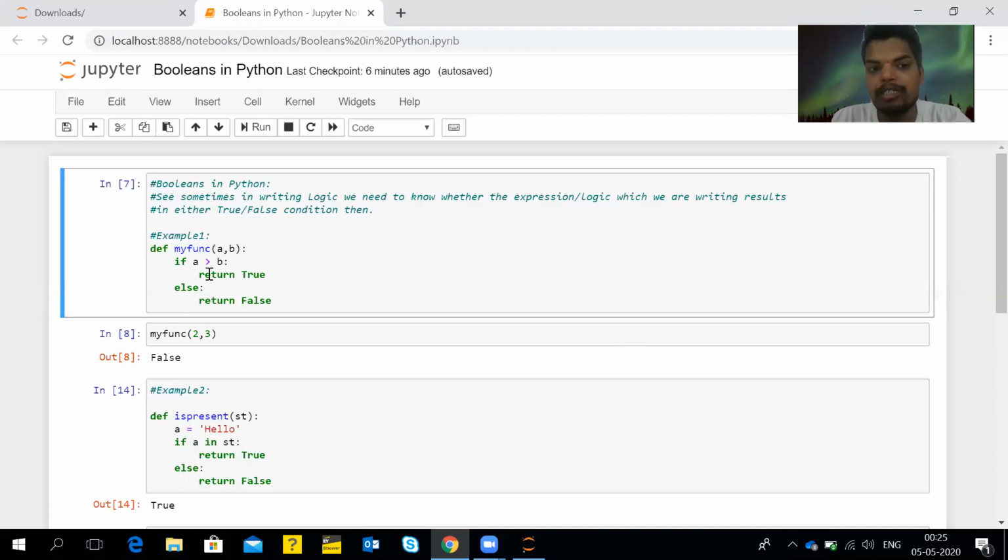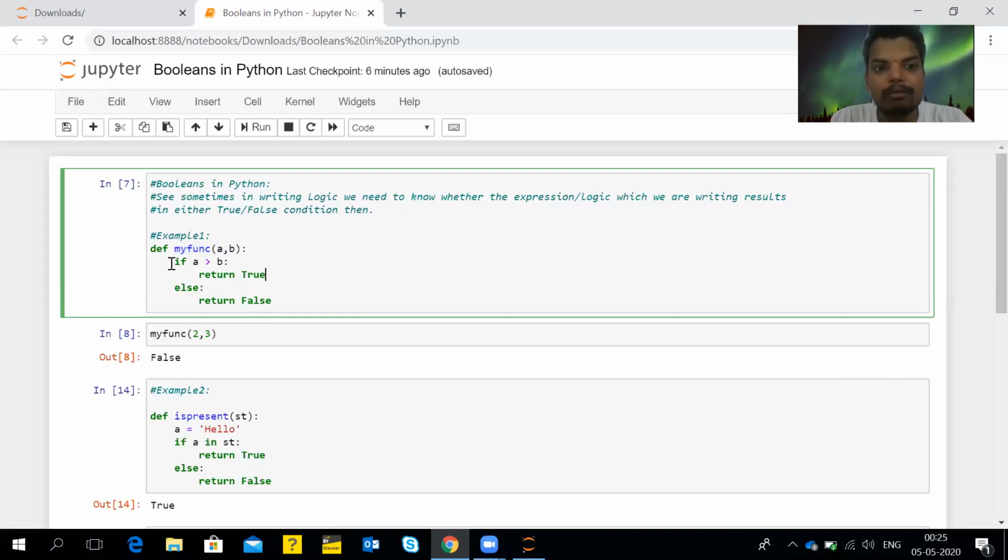Def is a keyword, the common syntax to declare or write a function. So we use def as a Python keyword, then our function name, and then the inputs which we need to provide. A and B are the inputs which we need to give while executing or running the function.